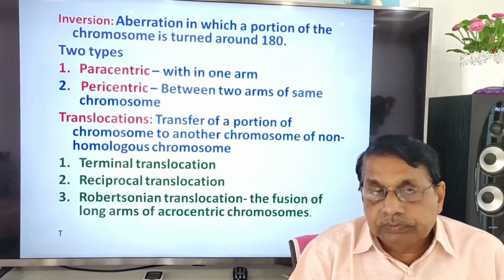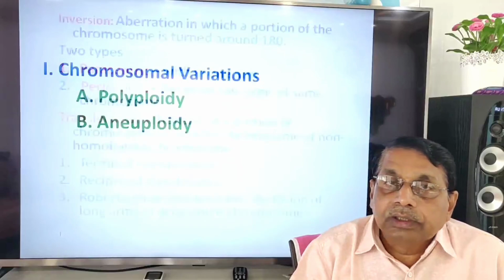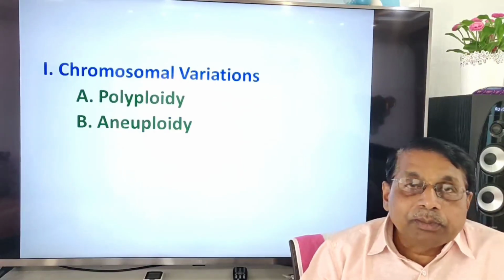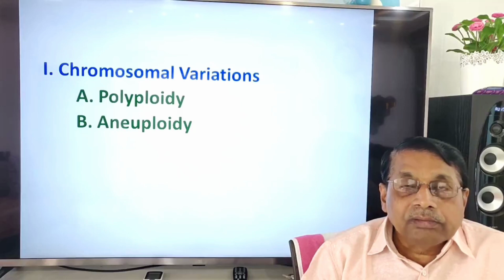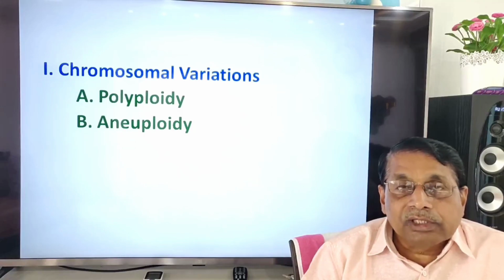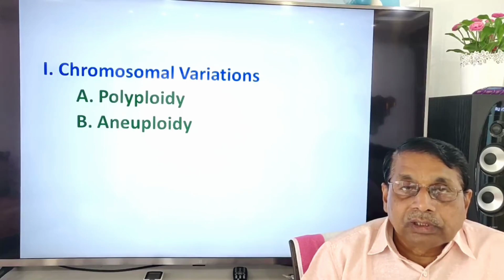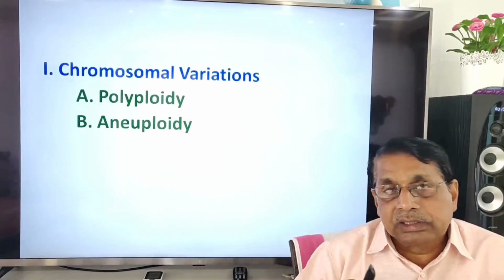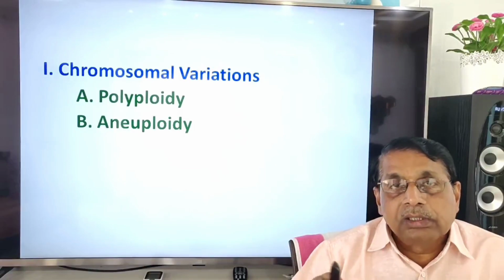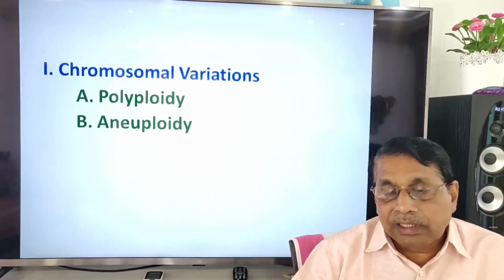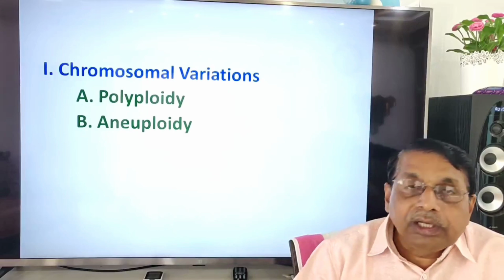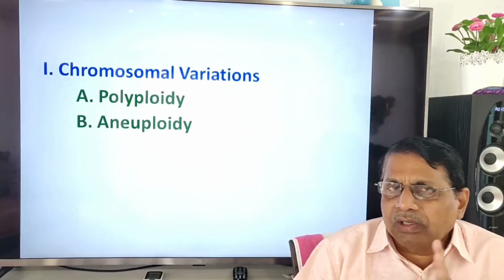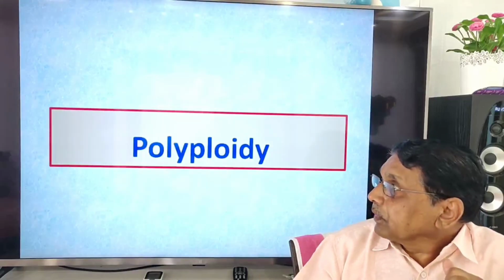Acrocentric chromosome, Robertsonian. Variations: polyploidy, aneuploidy. Polyploidy, 2n, 3n, 4n, 5n, 6n. Then in that, even numbers 2n, 4n, 6n, like that. Odd numbers 3n, 5n, 7n, like that. Aneuploidy, individual chromosomes, only 1 or 2 chromosomes, not the sets. Ploidy,